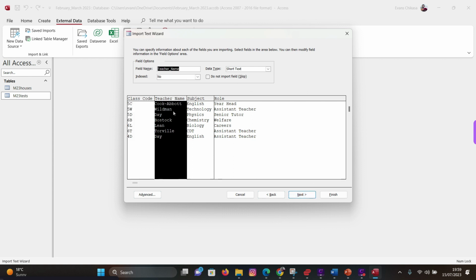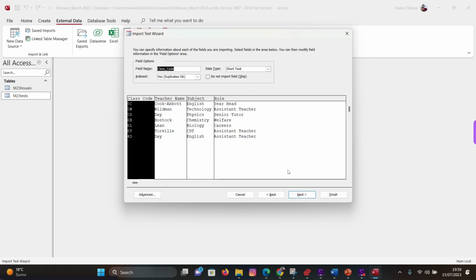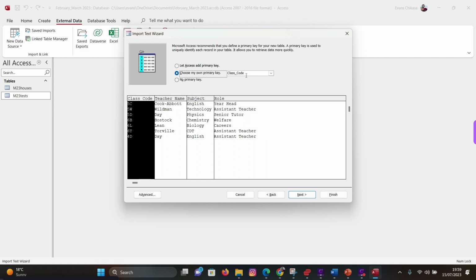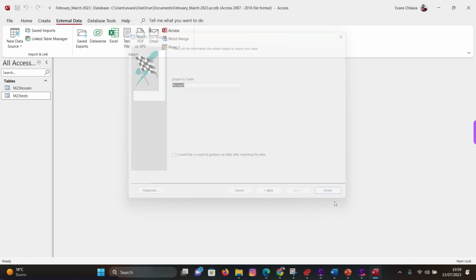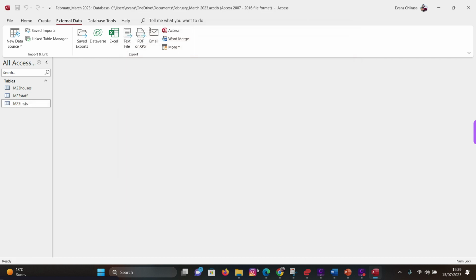So I'll just go here. This is text, and then go here and set class code as primary key, and go to next, and then finish. So now I have all the three tables imported into my database,